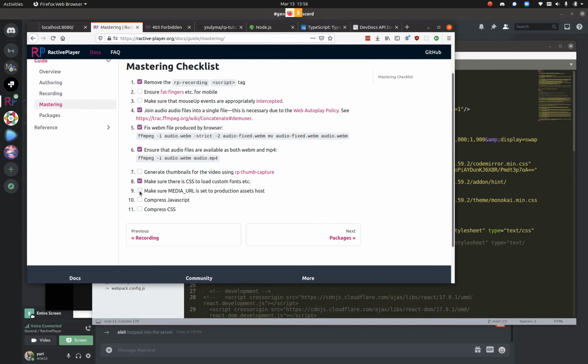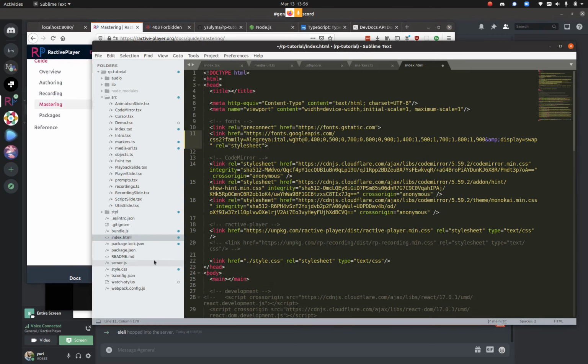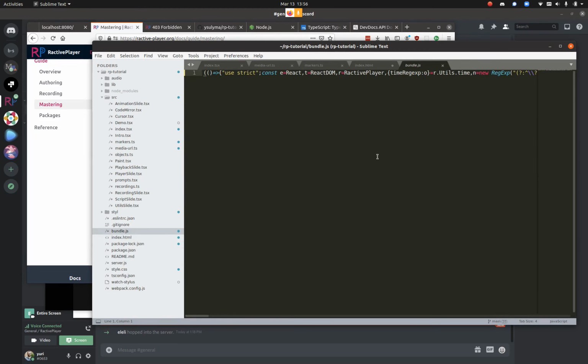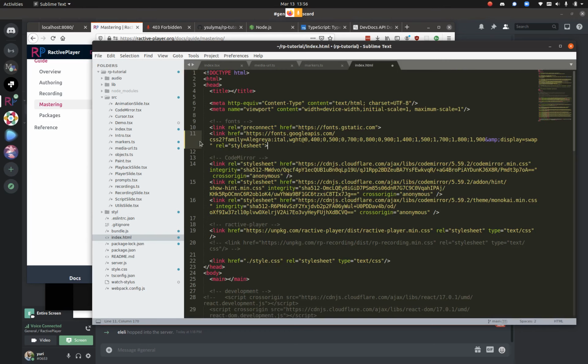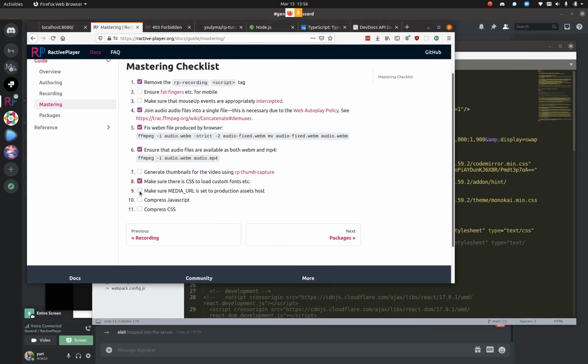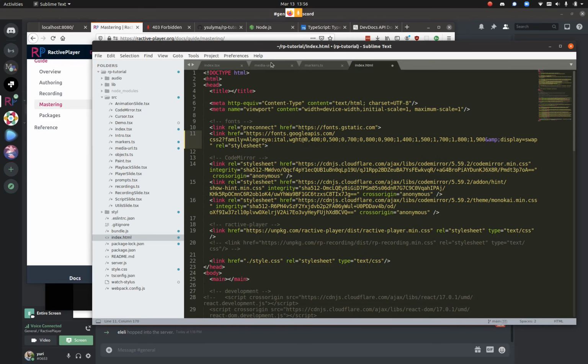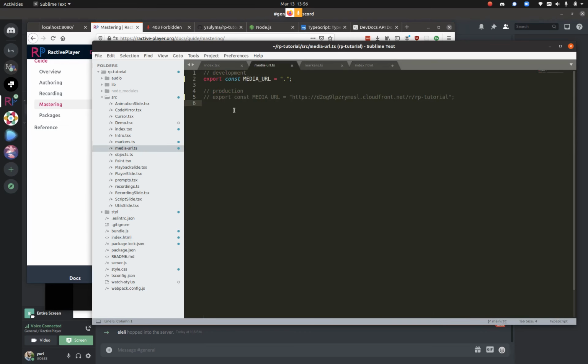CSS, make sure media URL. So some of these are just optimization things, like compressing the JavaScript and compressing the CSS, and then make sure media URL is set to your production's asset host. So again, if you had some S3 CloudFront server where you're hosting all your files, then you would comment this out and uncomment this after uploading your audio stuff to that